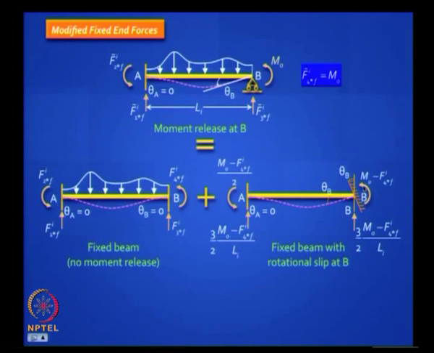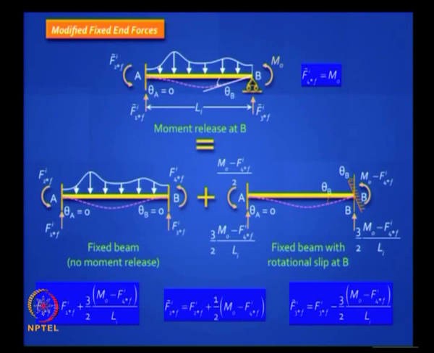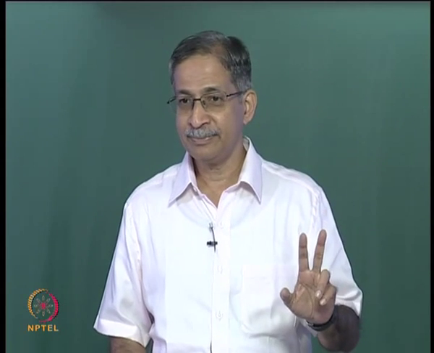If you apply this here, half of it will get transferred here, and the shears can be easily calculated by the sum of those two moments divided by the span. So that is all you have to do, and when you add up these two quantities you will get those expressions. I am suggesting do not use any such formulas, just look at the beam and figure out what those modified fixed end forces are. We will demonstrate with an example, but have you got the hang of it? That is all. If you do these two tricks you can handle the moment release.